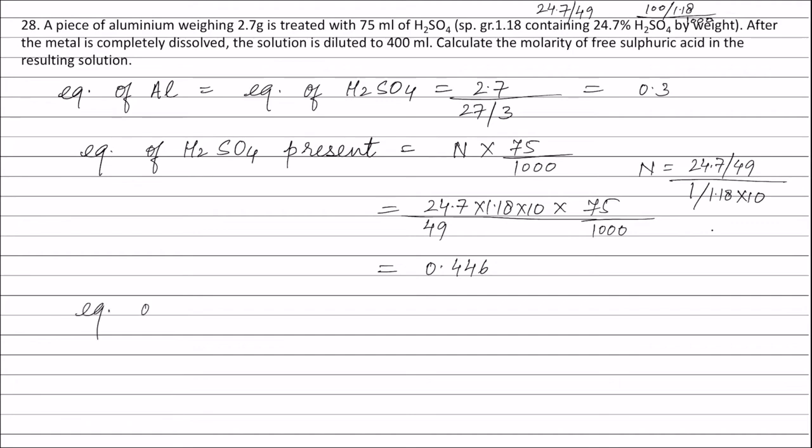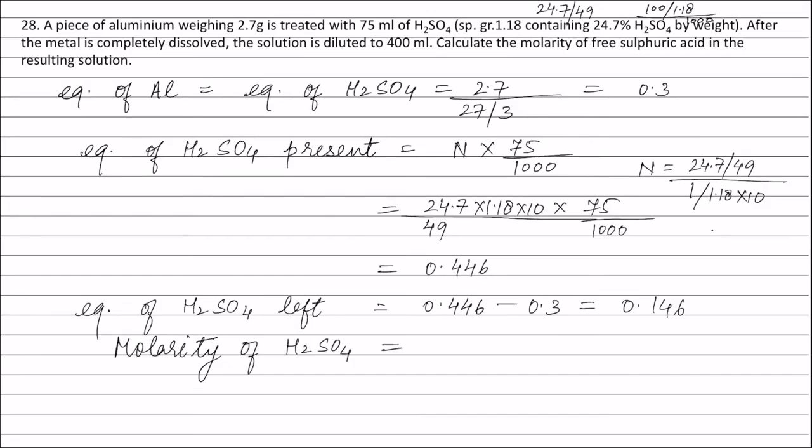Out of this 0.446 equivalents of sulfuric acid present, 0.3 equivalents of sulfuric acid reacted with aluminium. Therefore, equivalents of sulfuric acid left is equal to 0.446 equivalents minus 0.3 equivalents, and this is equal to 0.146 equivalents. Therefore, molarity of sulfuric acid solution is equal to normality of sulfuric acid divided by valency factor, that is 2,